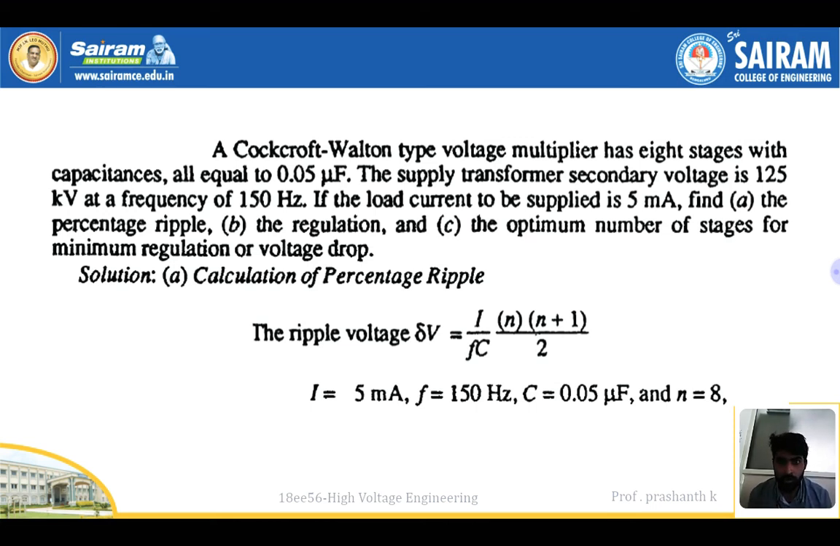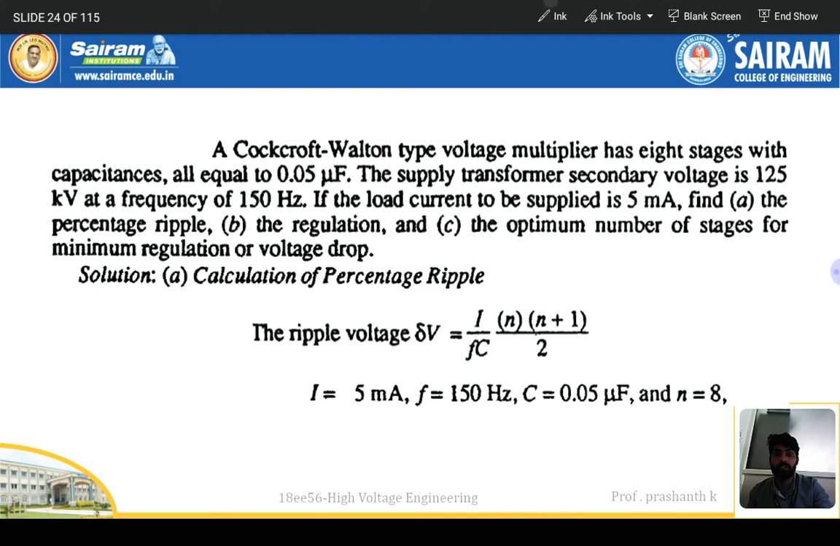A Cockcroft Walton type voltage multiplier has 8 stages. So n is given as 8, where n is the number of stages, with a capacitance all equal to 0.05 microfarad. Whatever capacitor they have given, that is 0.05 microfarad, and the supply transformer secondary voltage is 125 kilovolts